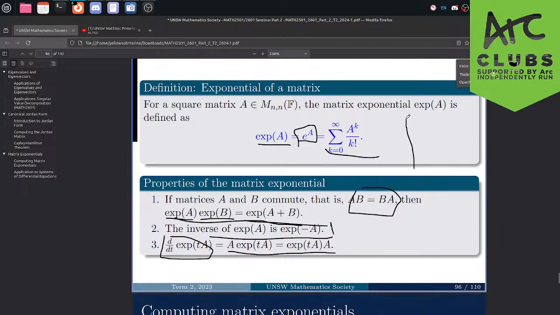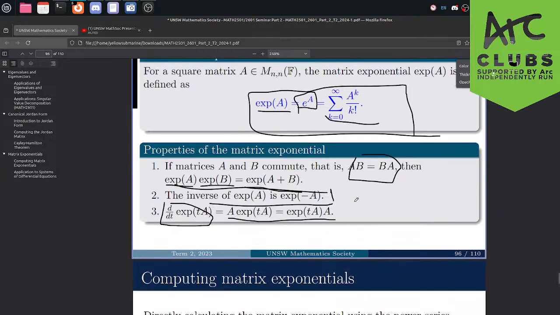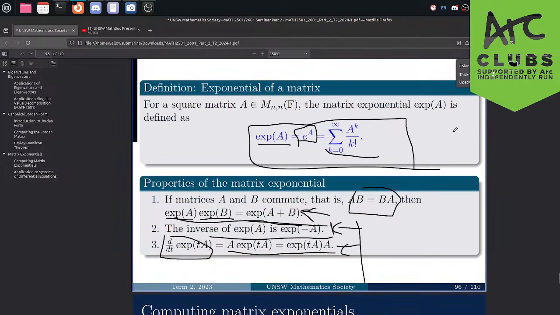Again, you can prove all of these properties by using the Taylor series, and note they all work because it's just a glorified polynomial, especially some of these about commuting. Notice that exp(A) and A commute because polynomials of A commute with A, and again, e to the A is just a glorified polynomial.